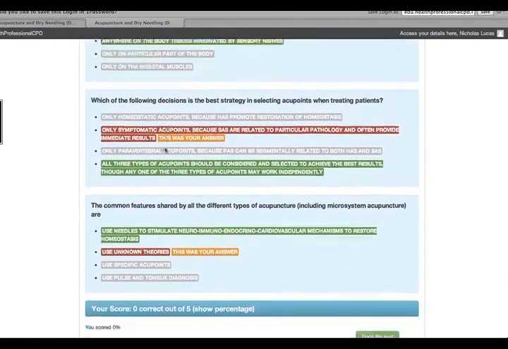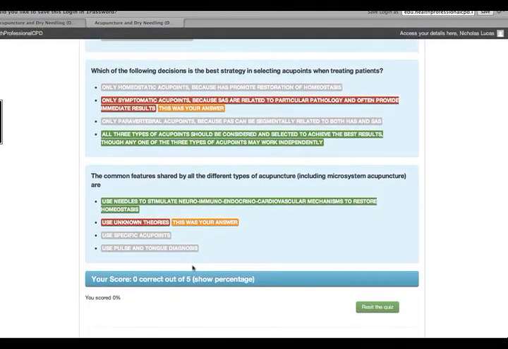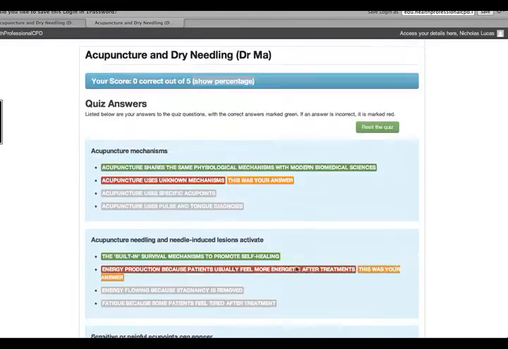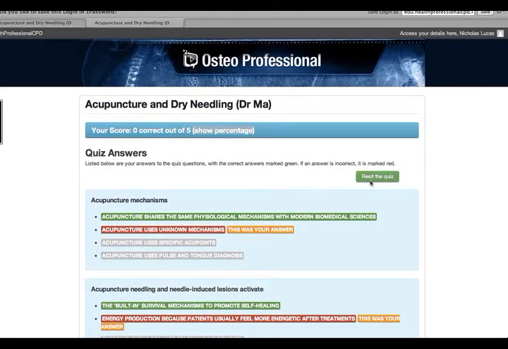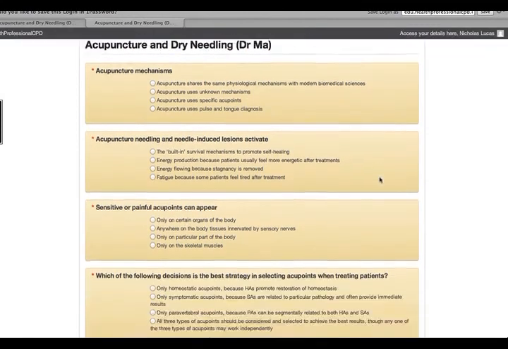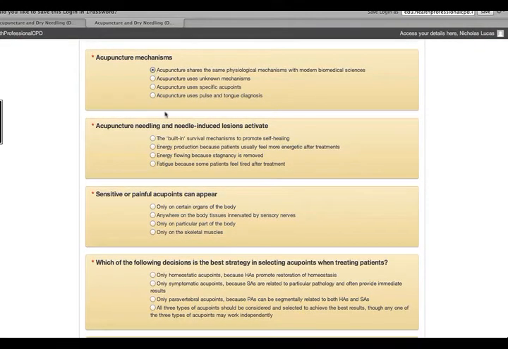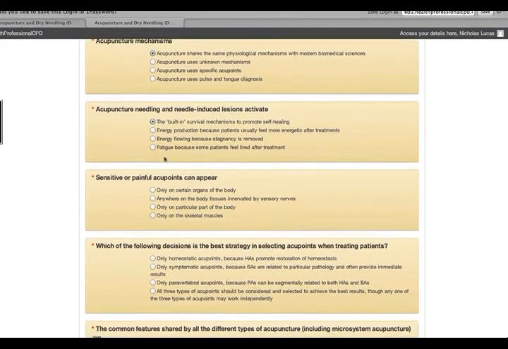You can scroll to the bottom, and basically, because you haven't achieved over the pass mark, you really can't finalize your result. The only option you have is to resit the quiz. So if I come up the top here again, it's only giving you one option, and that is to resit the quiz. So if I click that button, I'll go back and have a second chance to do it. So if I actually go through and do the quiz correctly,